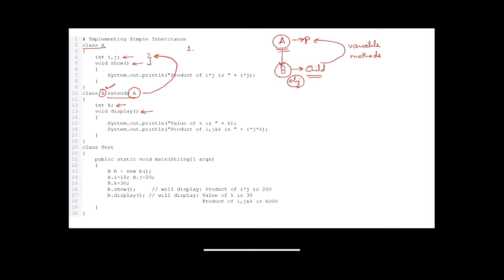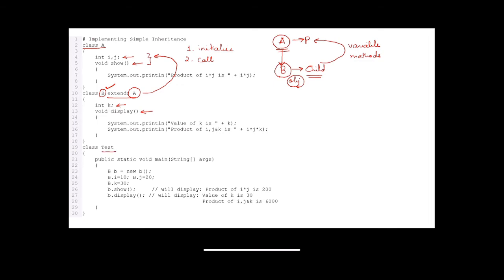So I can say that there are two things that the class that is inheriting a class can do. It can initialize the values of a parent class, and it can also call the functions or the methods of the parent class. Let us see how.